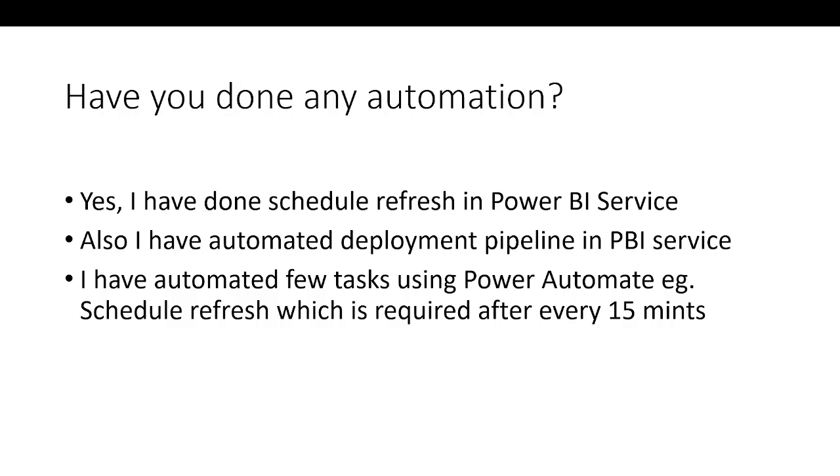The next automation we do using Power Automate. Using Power Automate, you can automate a lot of tasks. One task related to our Power BI reporting is, for example, if the data is very real-time, like stock market data, then schedule refresh should be done very frequently. But Power BI has some limitations. In Power BI Premium license, a maximum of 48 times refresh is possible, not more than that. If it is refreshed 48 times, that means we can schedule the refresh at a 30 minutes interval.